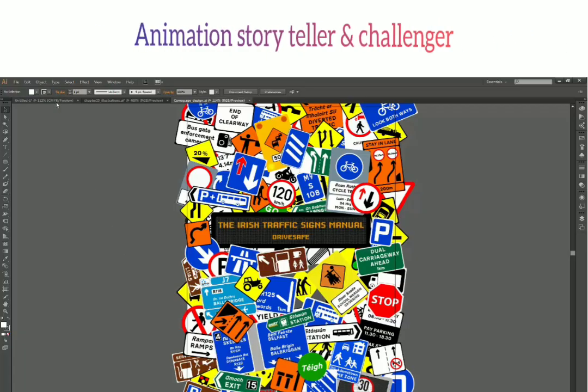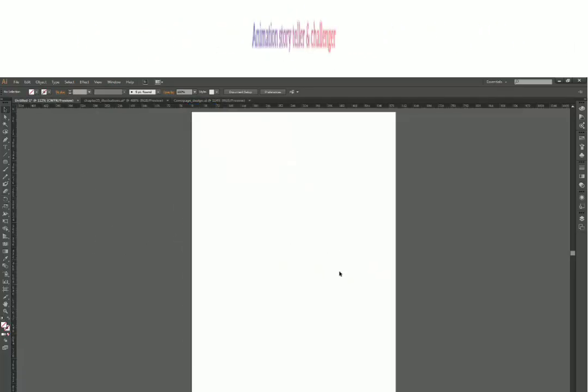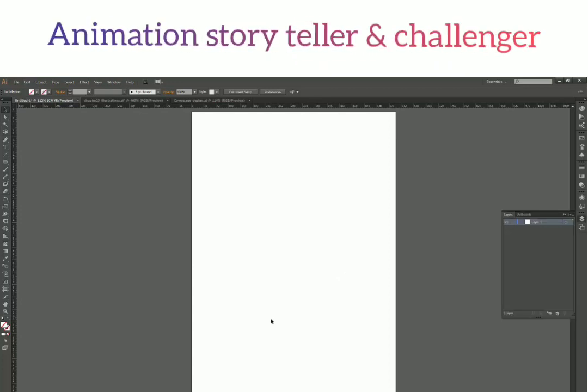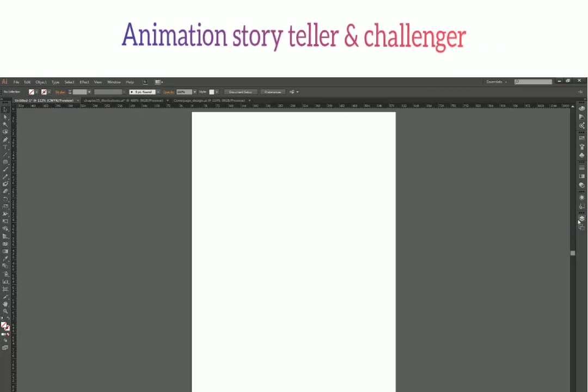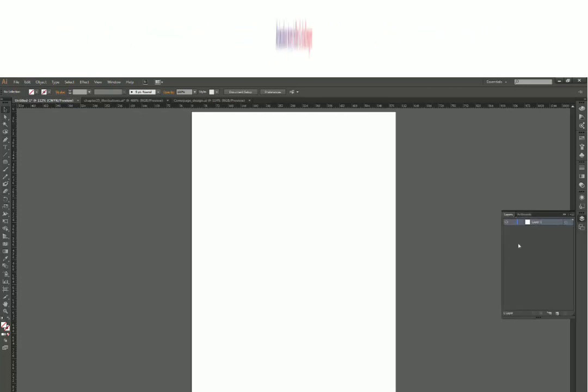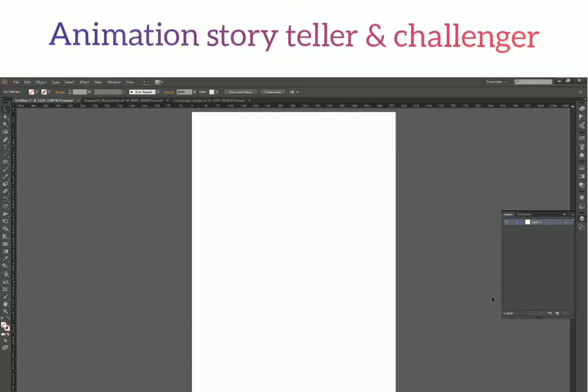Okay, so to bring up the Layers panel, we can either press F7 on our keyboard, or we can click on this icon over here just above the artboard icon. You can click on this to bring up the Layers panel, or press F7 on your keyboard.